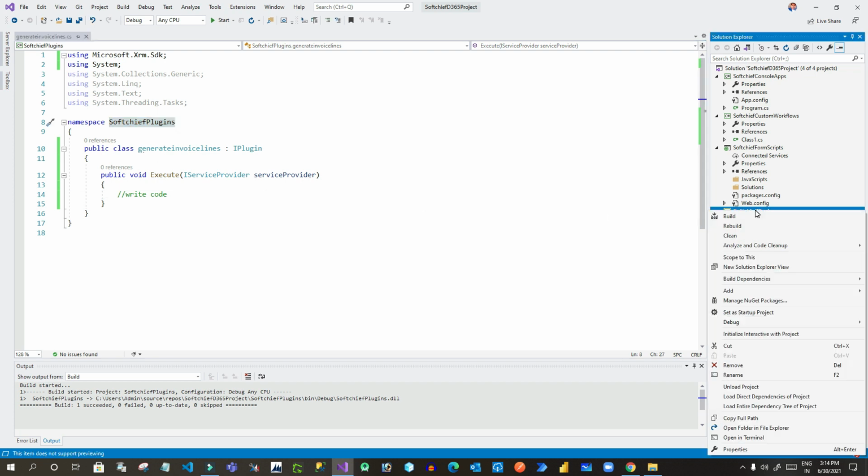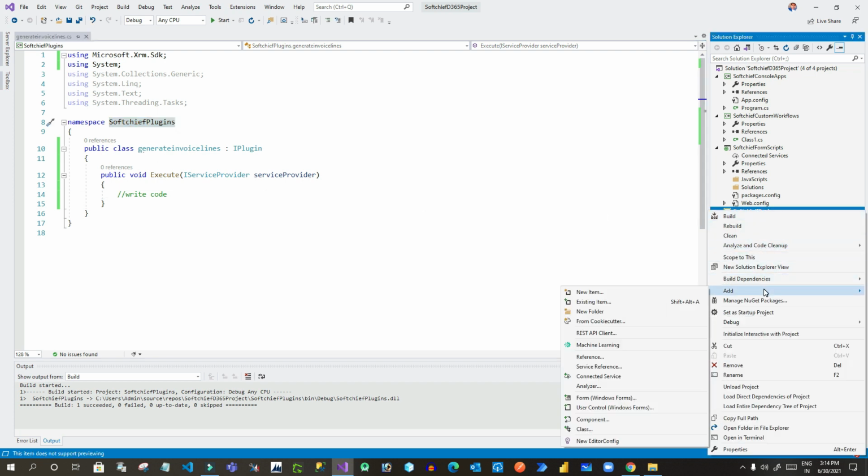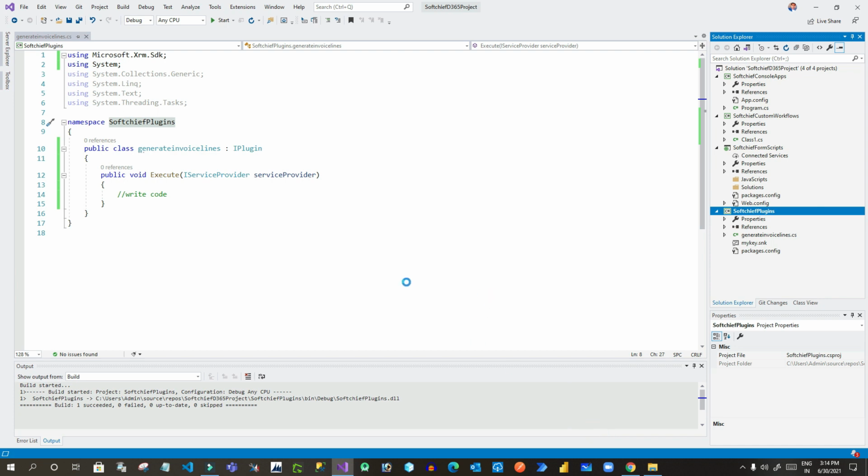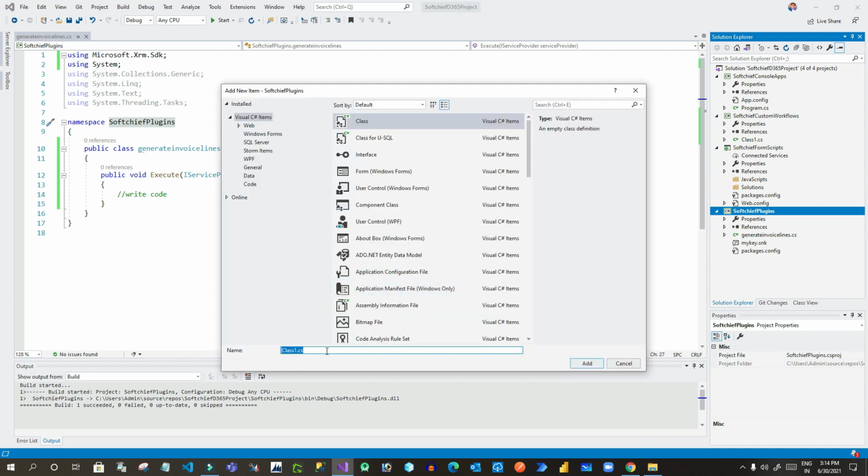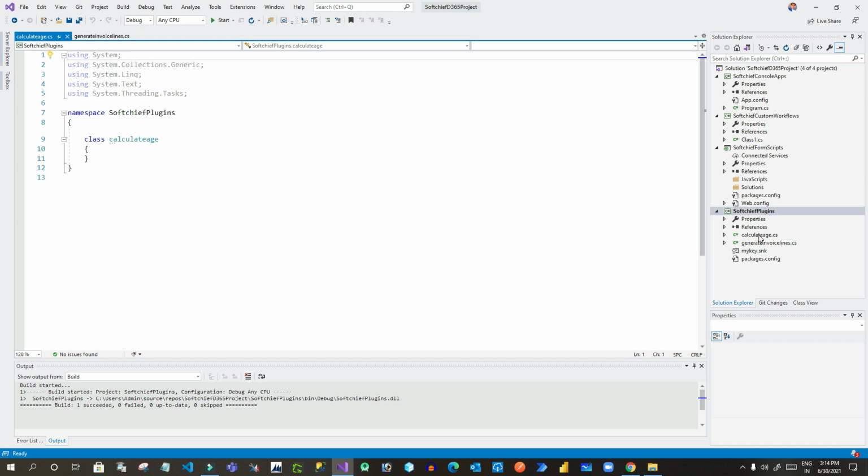If you right click and add a new class and give a name, let's say I want to give a name calculate age. For example, I want to create another plugin to calculate an age, so I can give the class file name calculateage.cs, click on add, so it will automatically add here.